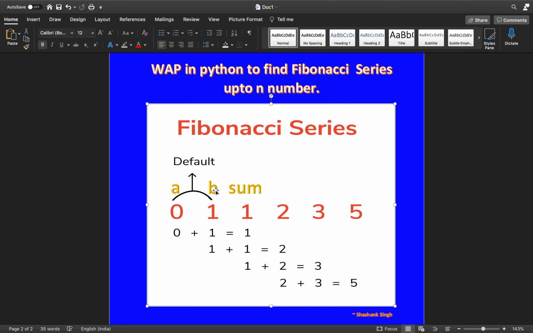After that, because 2 will be obtained using 1 plus 1, we need to put the value of b to a. So post putting this, now a will point to 1, and then we need to put the sum to b, because we need to again find the sum, if we do a plus b, we'll get the sum.